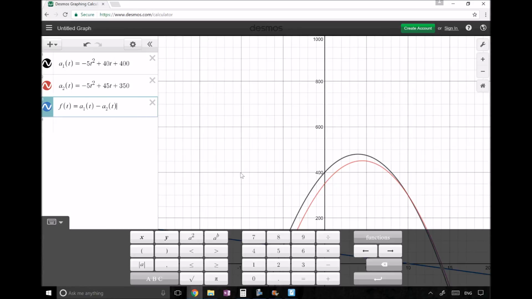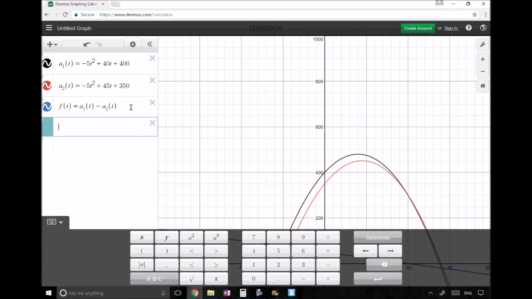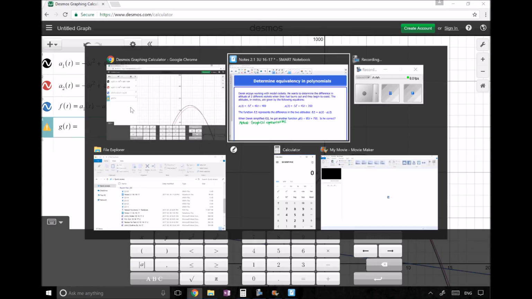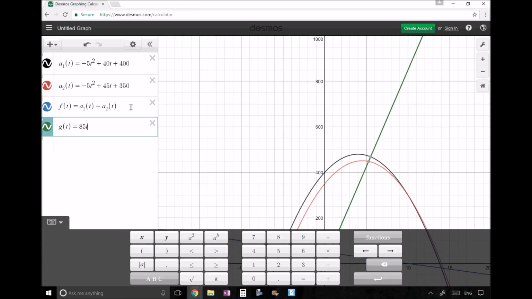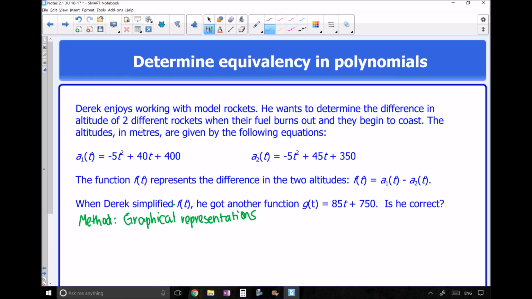of t. So when I take a look at my graph right here, this blue graph is a sub 1 of t minus a sub 2 of t. And then we also know that g of t is equal to 85t plus 750. So when I look at my graph, are the blue graph and the green graph going to be exactly the same? No, they're not. So that means that my f of t function is not equivalent to g of t because they are not the same graph, okay? So we can say Derek is incorrect